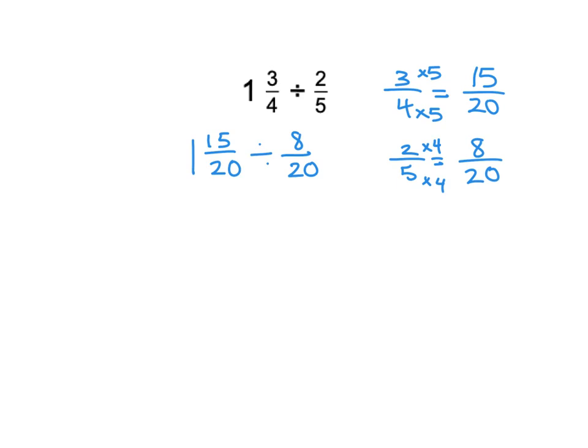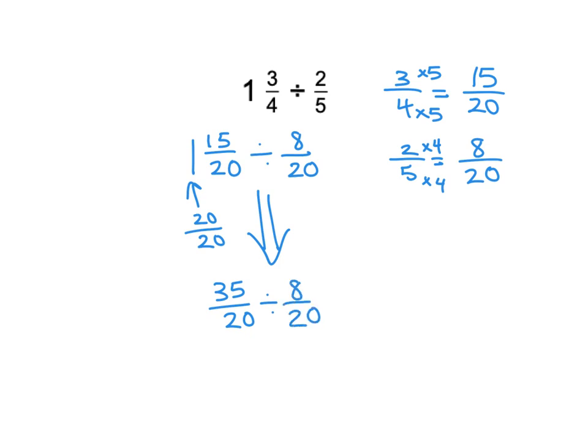So if I was to draw a picture of this, I'd have one full group. This one right here is essentially 20 out of 20. And then I'd have another bar where only 15 out of the 20 are shaded in. So this problem is essentially 35 20ths divided by 8 20ths. So we have 35 pieces and we're trying to figure out how many groups of 8 we can make. We are doing this division, 35 divided by 8,